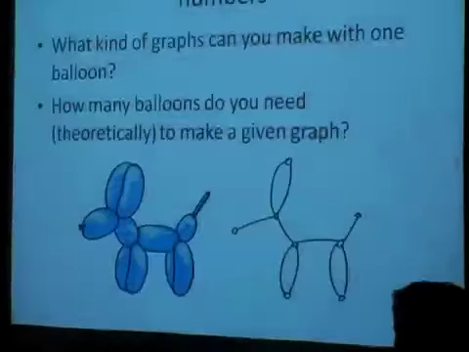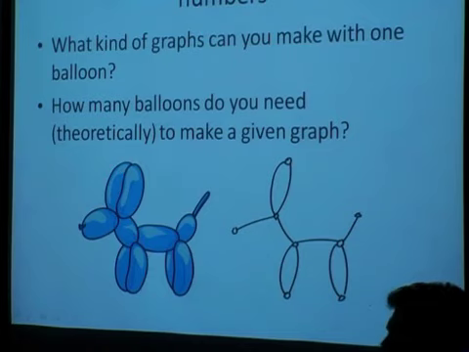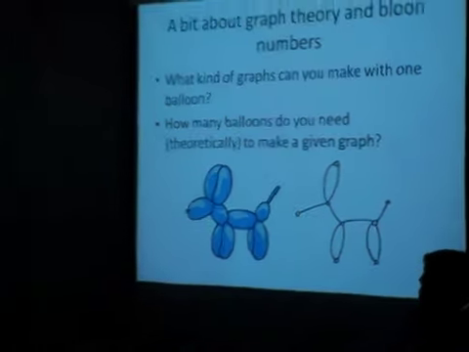does not overlap on any of the edges. It can visit vertices multiple times. So if a graph has that property, theoretically if you had a long enough balloon, you could make it. And so the graphs that have an Eulerian path, or an Eulerian cycle, I guess, is the easy even one